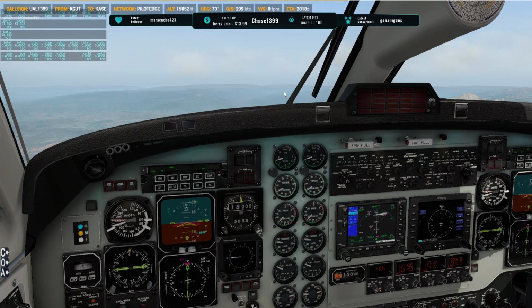Aspen approach, United 1399. 5000, current with Bravo, request a Roaring Fork visual 15 from Carbondale. Yeah, 1399, Aspen approach, thanks, and report Carbondale inside. Aspen altimeter 3033. No advised wind in sight, 3033, United 1399. So, Carbondale is...